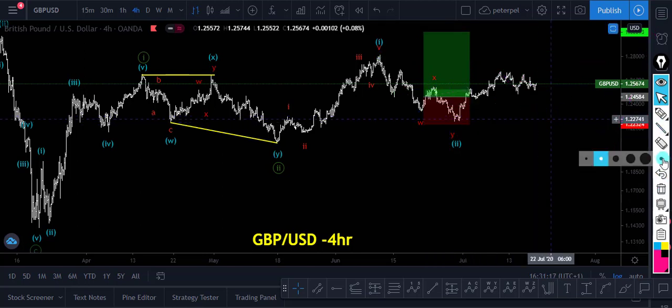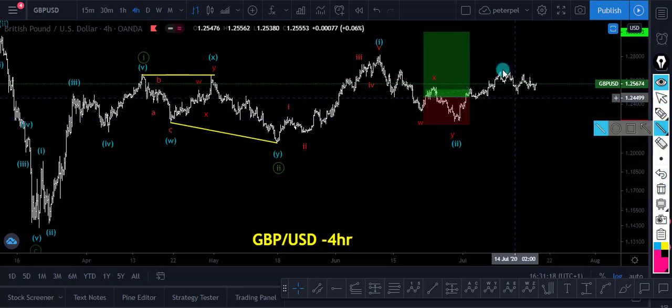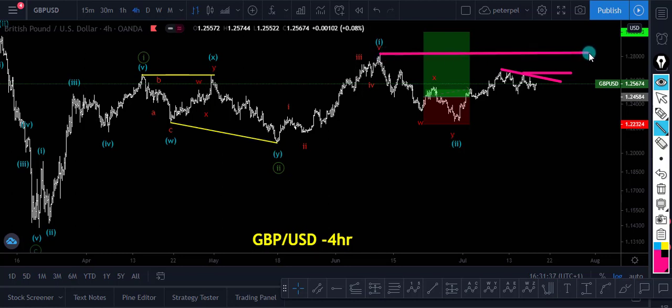Then watch price. If you are not in the trade, you can also buy when price breaks this trend line. You can put an entry at this level, but don't forget, even if you buy, watch this level. If price breaks through it strongly, then that means we are moving for blue wave 3. But if price gets to that level and struggles, then there is a possibility of this being an A, B, C,